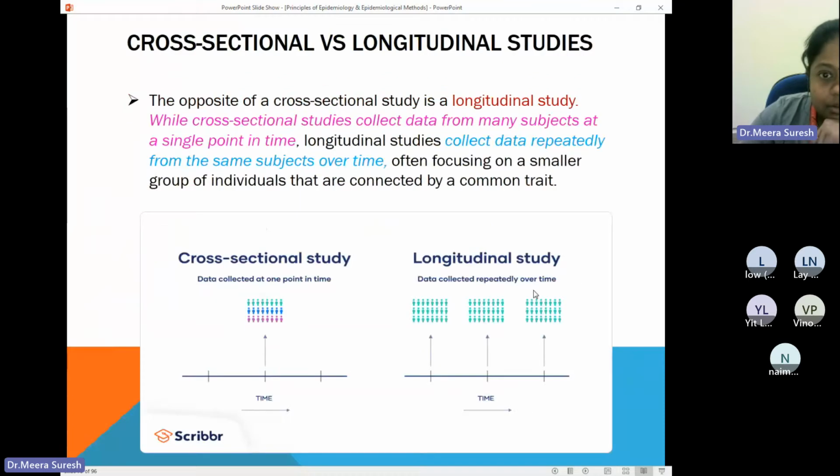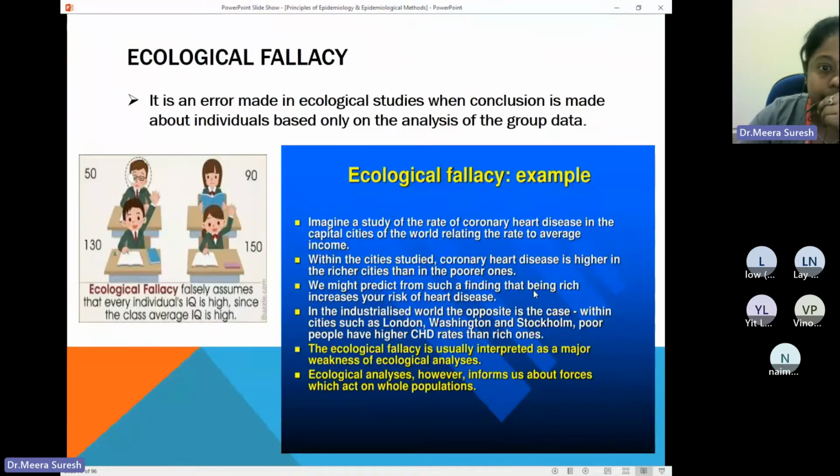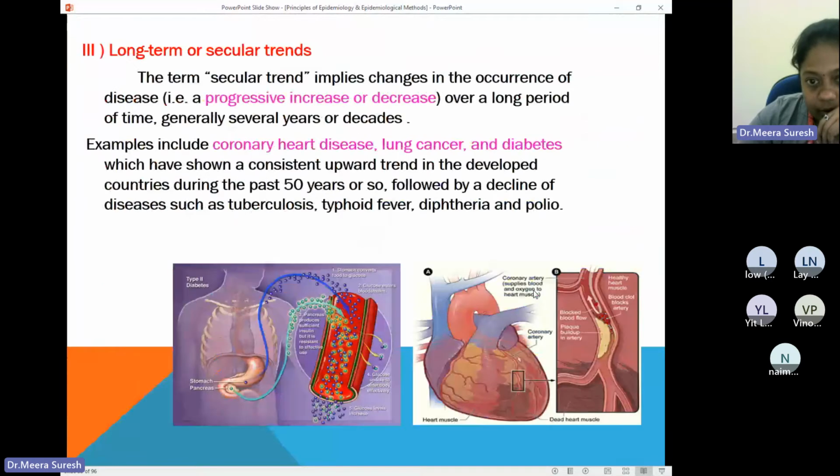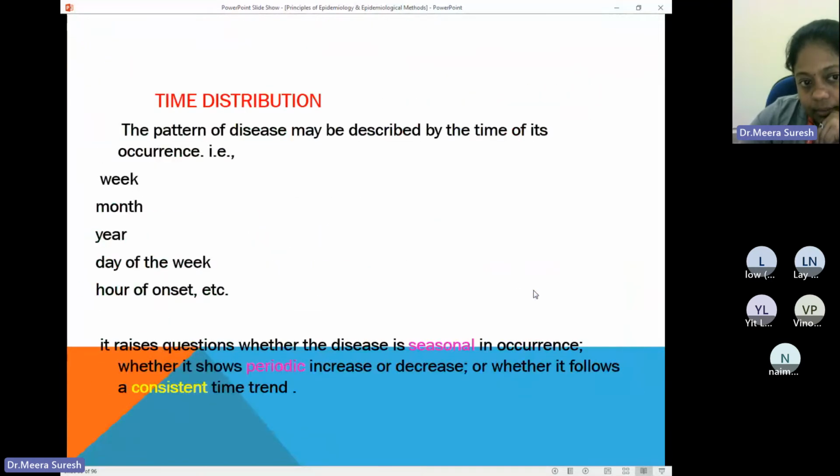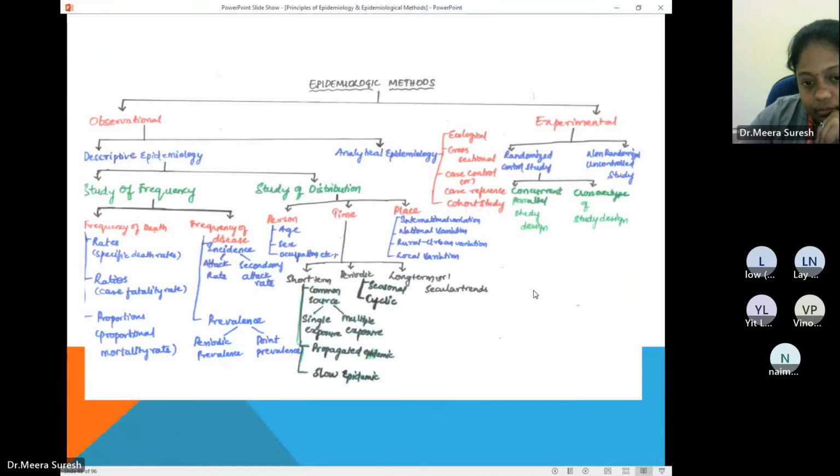That's with the cross-sectional and longitudinal. And back to the chart once again. So once again, we can see that we have completed all these sections. I was so confused, should I change this picture or not? But then I decided I will keep it and tell you the differences from this.